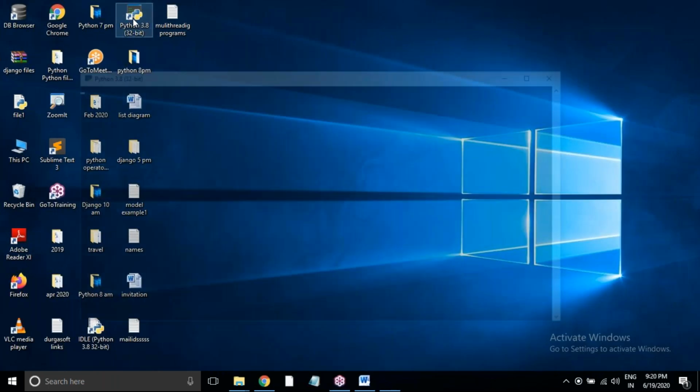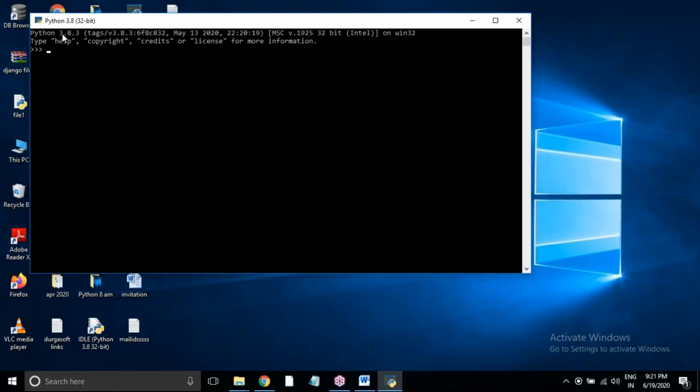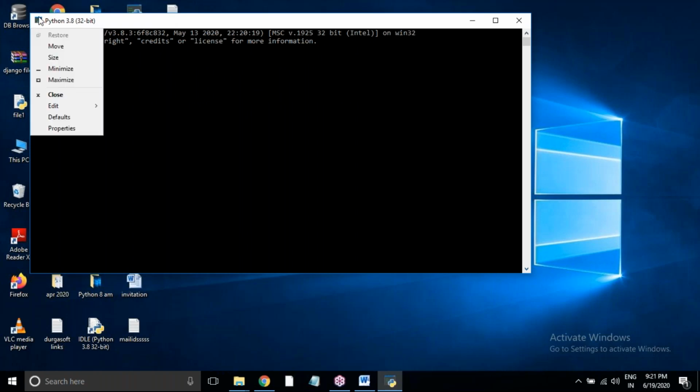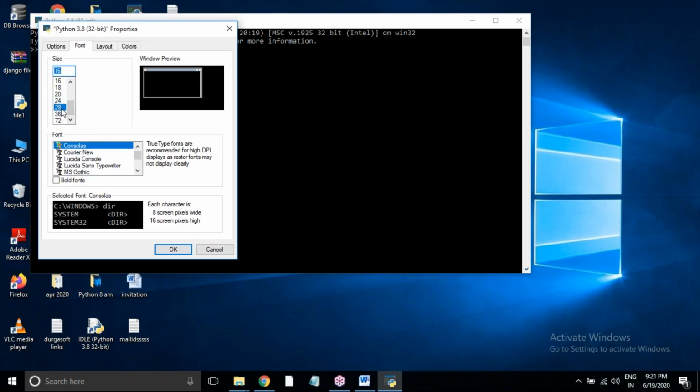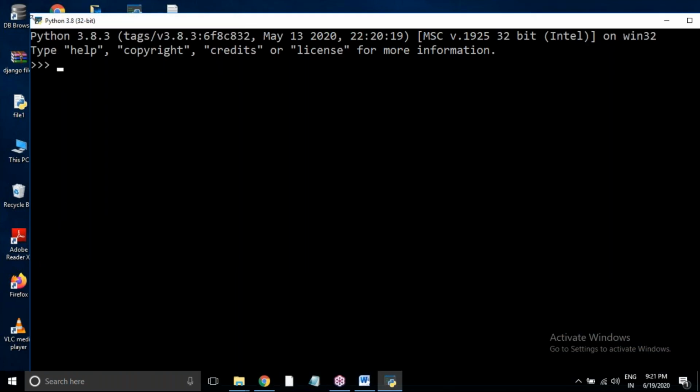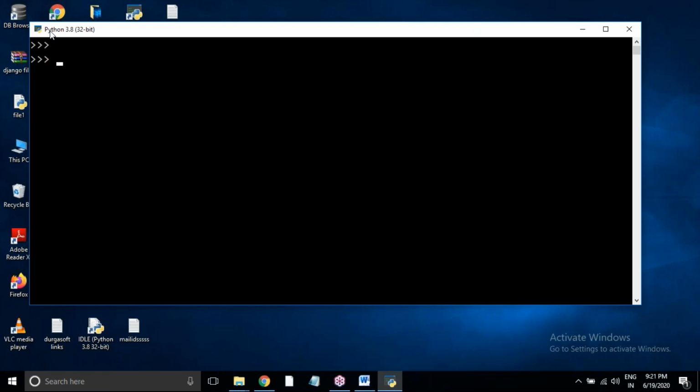Double click on this icon. So it is showing like this. Click on this control box. Here I am using properties. I want to increase the font size, so here I am increasing the font size. Okay, so here we'll get a prompt like this. Here I am giving the values: s equal to a value. S is the variable, and whatever string is given, it is in single quotes. We can use double quotes also.